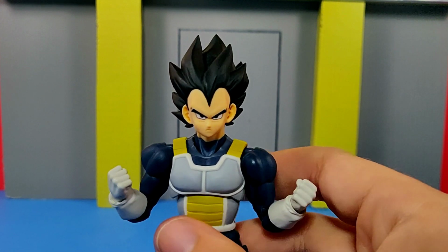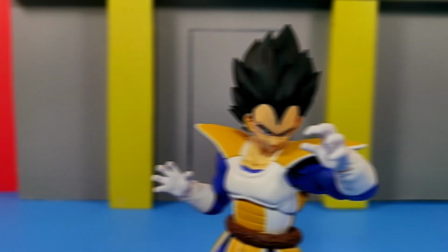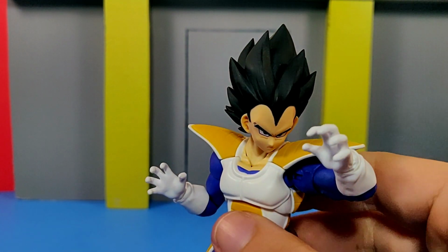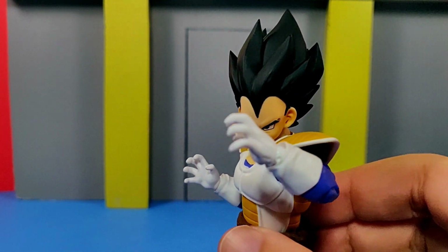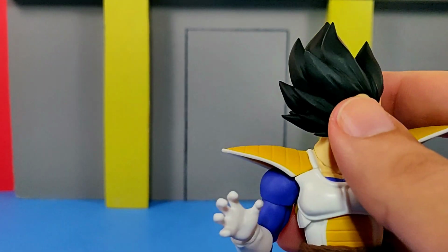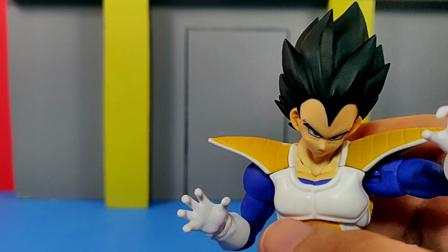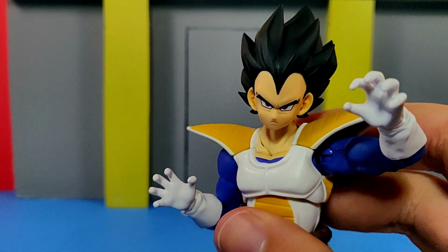But yeah, other than that, let's actually go ahead and get this Vegeta head on a bunch of other Vegeta bodies. And putting the newer Demonical Fit Vegeta head on the Saiyan Saga body from Figure Arts, I definitely think that it gives it that more classic look that the original Vegeta had in the Saiyan Saga. It's just like, I don't know what it is. I feel like with the hair on the original one, it was a little bit too big, but the hair being the way that it is on this one, it matches the Saiyan Saga perfectly,